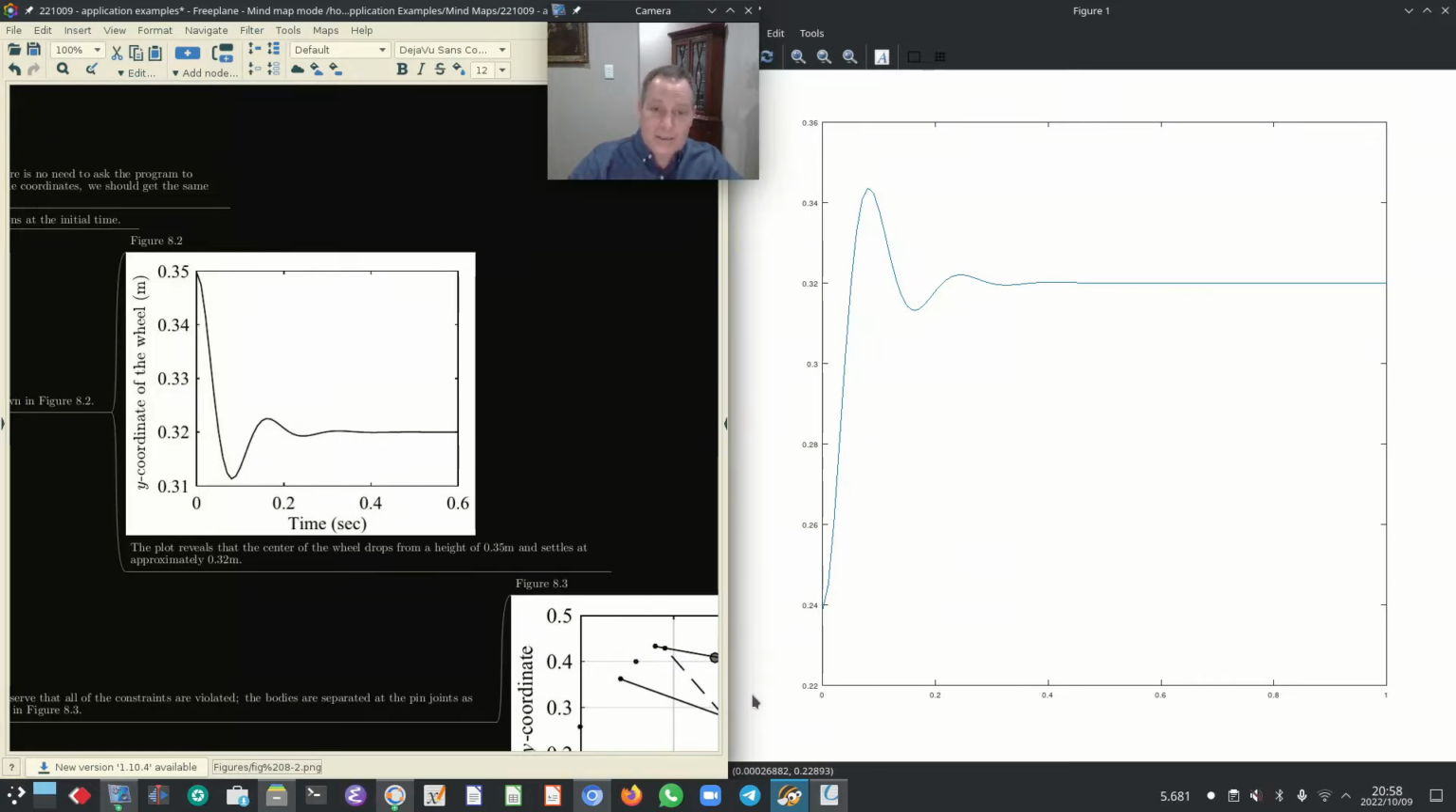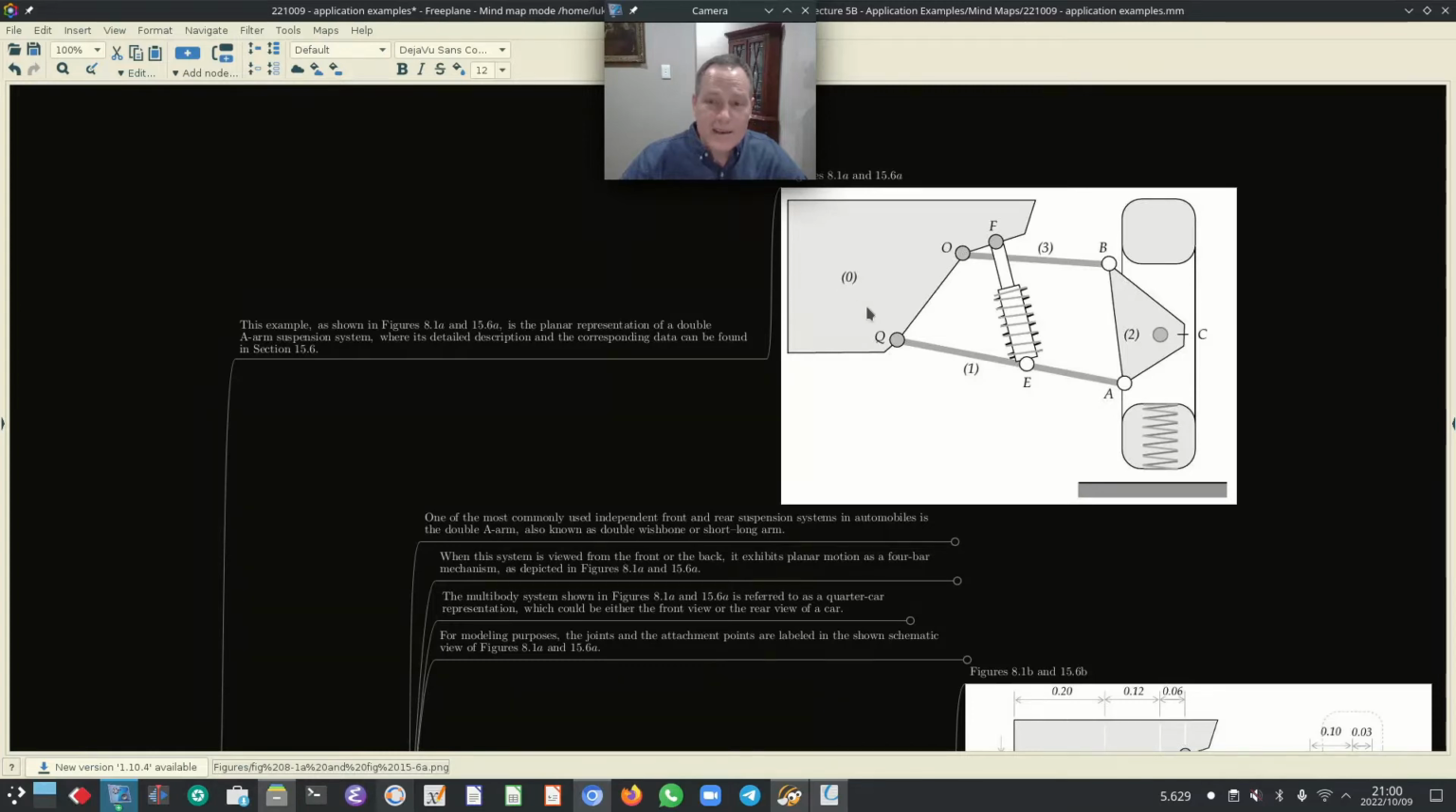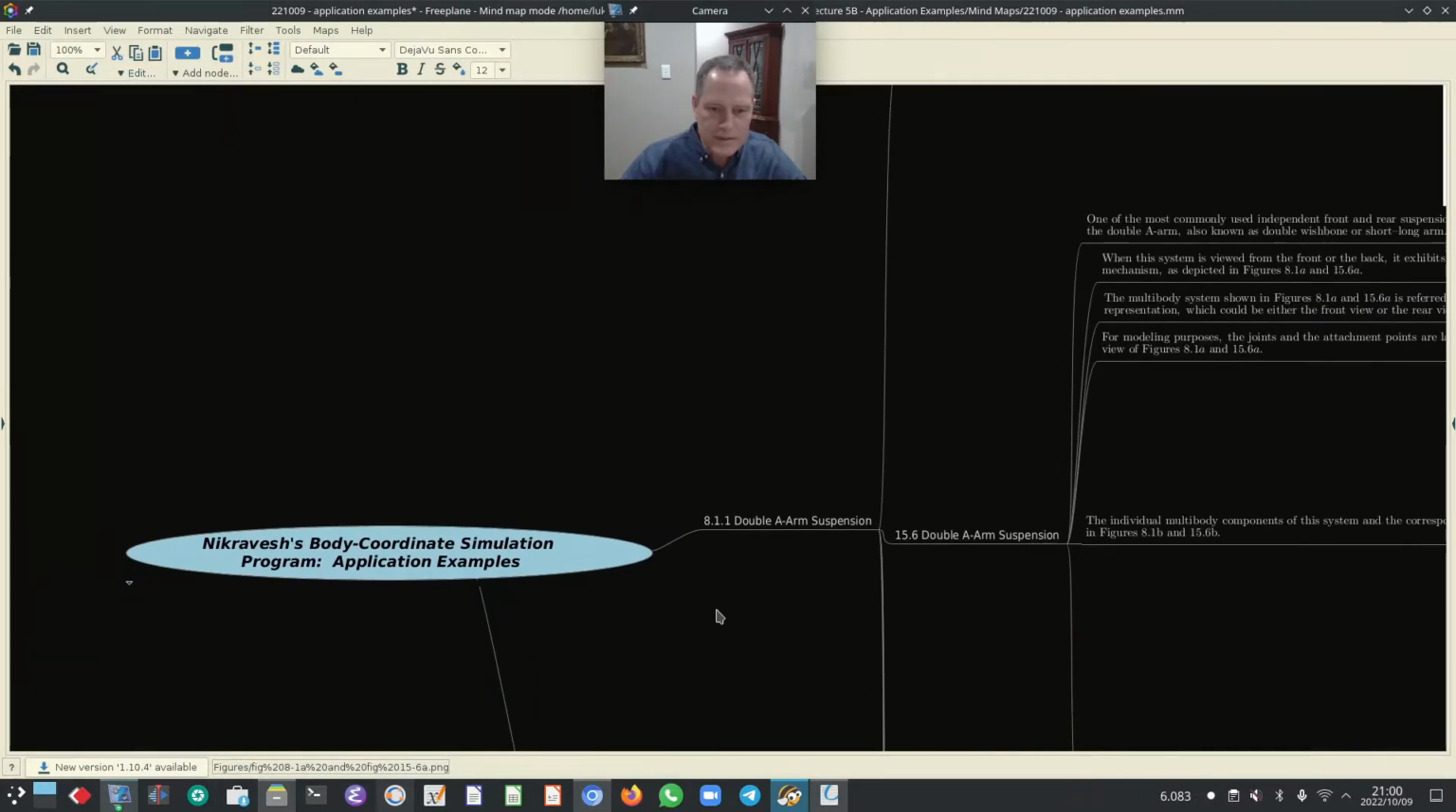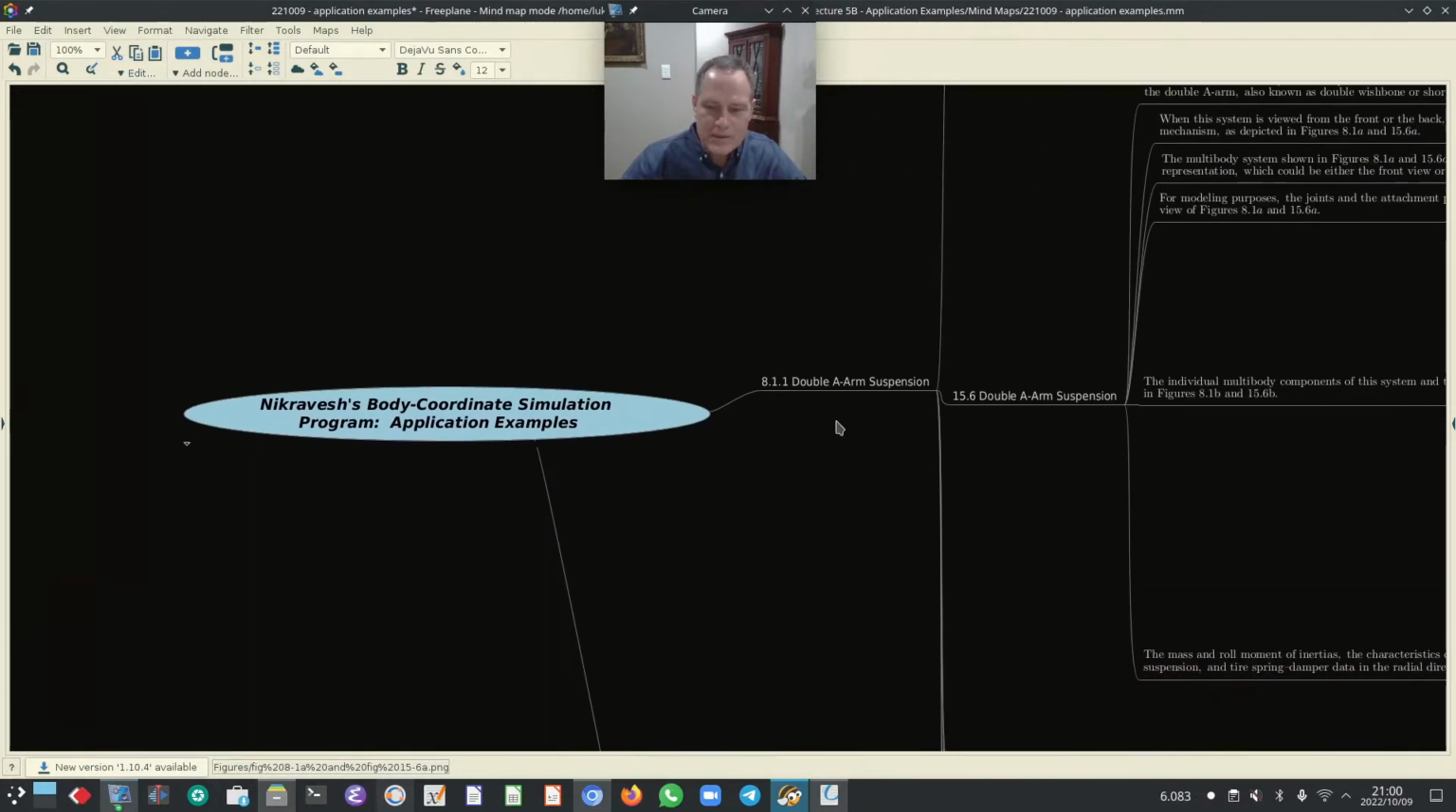So the initial condition corrector that Prof. Nikravesh coded into his dynamic analysis program is successful in ensuring that the position and velocity constraints are not violated. Okay, so that's then the A-arm suspension system, which is the first application example